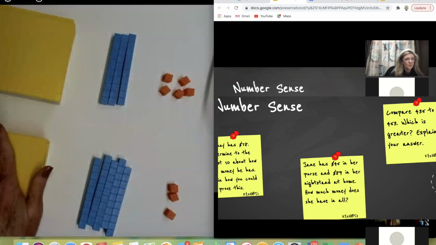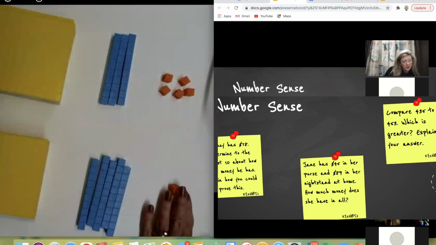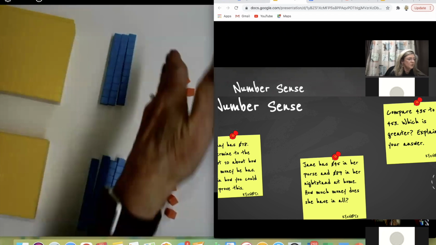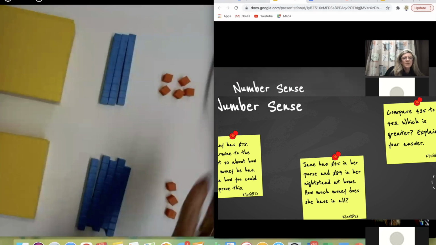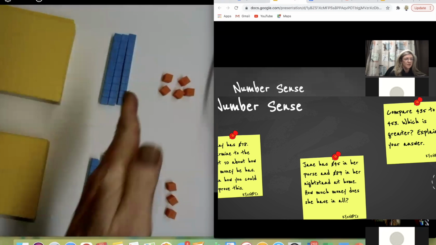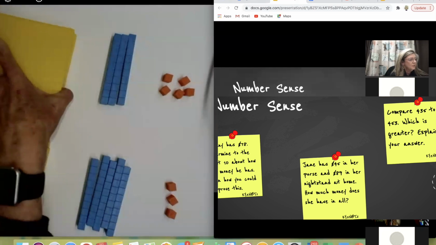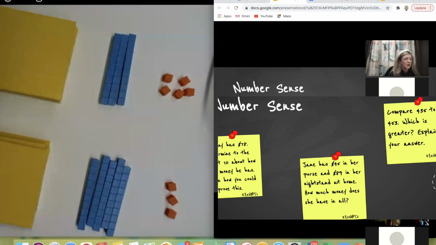Hundreds obviously worth more than tens, and tens are worth more than ones. And we had a lot of talk about the place value chart. And if they needed it, then they had that support too. I would just draw me a place value chart on my table, and we'd have it labeled hundreds, tens, and ones. And then we'd talk about, okay, let's look in our hundreds. Well, with this number, there's 400 on the top, and then there's 400 on the bottom.